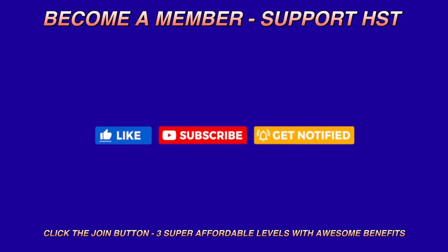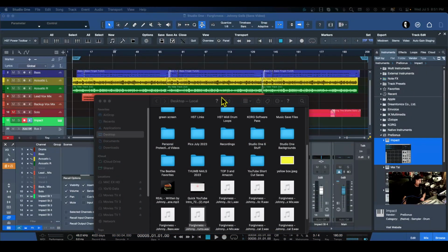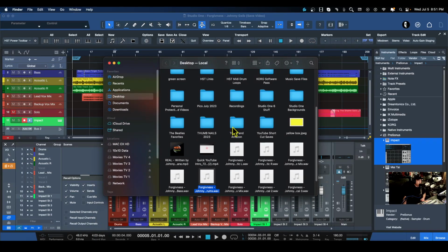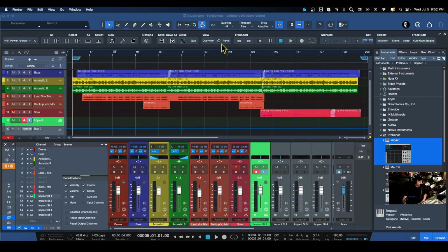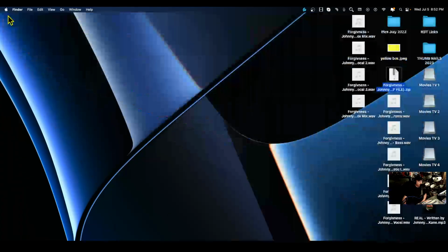As I hit the mic again. All right, there we go. All right, so here's what opened up after the save is done. I knew I'd think of something to say. Let's see. So what we're going to do is we're actually going to close this. This window pops up after the save just to go to the location that you saved at, and you can find the folder. But I'm going to go ahead and close that, and I'm going to minimize Studio One